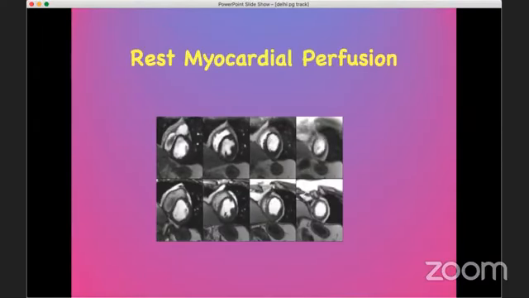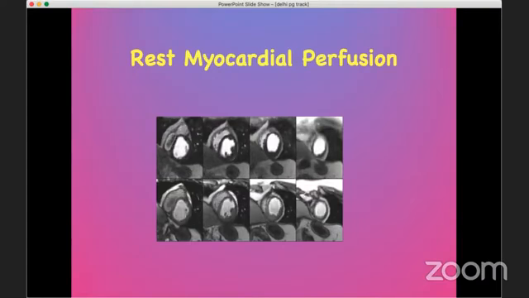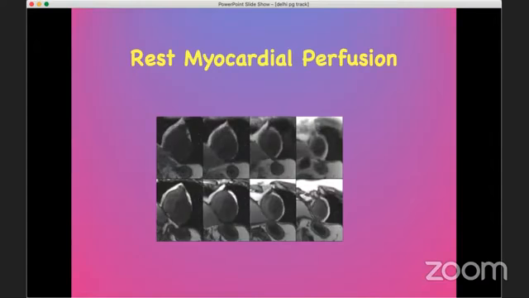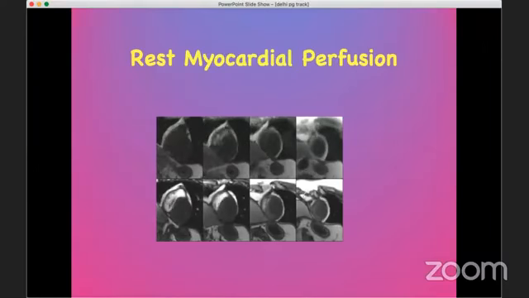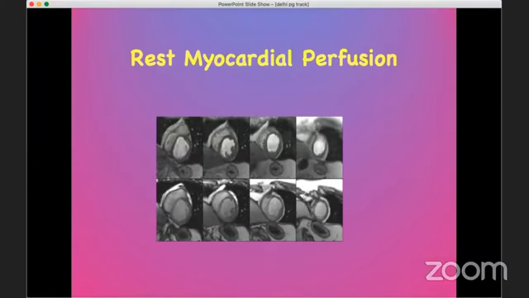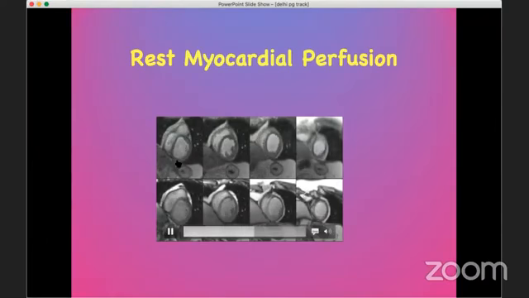The second data set that you're now viewing is, once you've got that data set, we give gadolinium, about 10 to 14 cc depending on the weight of the patient. And as the gadolinium is being injected by an injector, there's a motorized injector which is MR compatible, we look at what is called the first pass of the gadolinium through the heart. And this is what you're seeing as it comes through to the RA, the RV, the left atrium, and then finally through the left ventricular